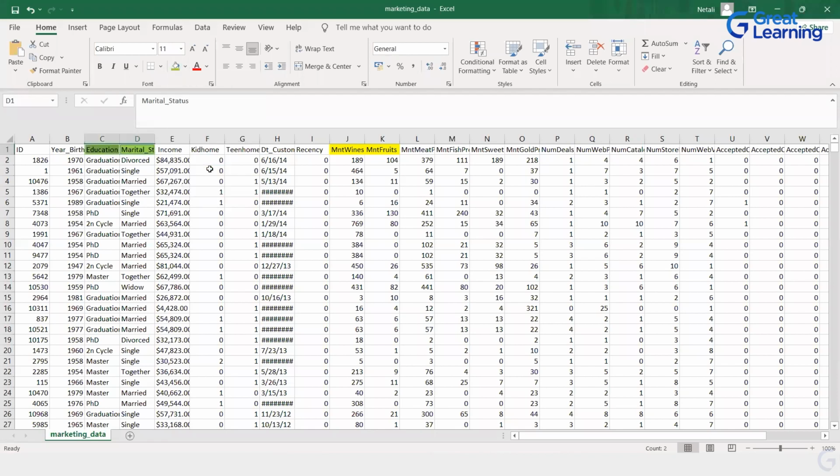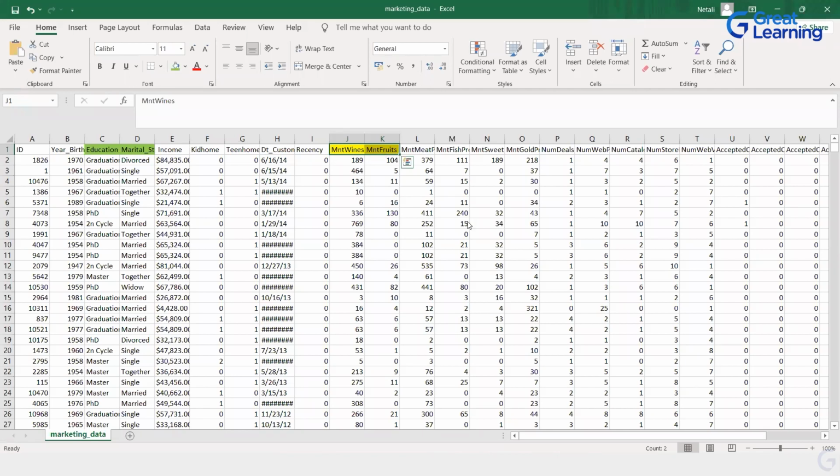No, you can't, because in ANOVA you can only take one dependent variable and multiple independent variables. If I take only the amount of wines and two independent variables, this is two-way ANOVA. If I take three independent variables, it is n-way ANOVA. But I can't take two dependent variables. If you want to take two dependent variables, then that is MANOVA. MANOVA can also be one-way MANOVA, two-way MANOVA, n-way MANOVA.